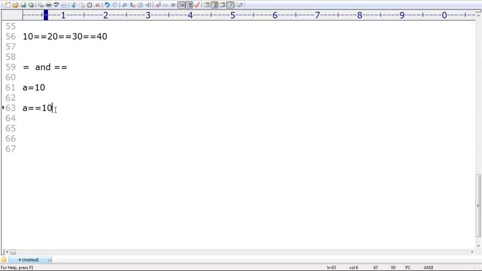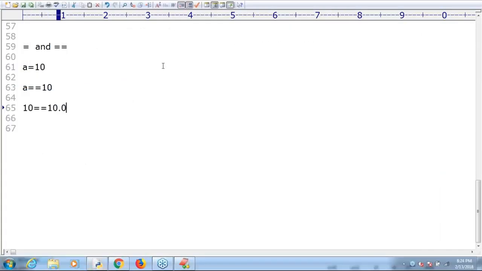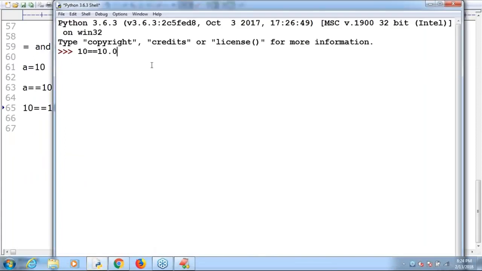Okay, that's all. Next, some people are asking, sir, now my question is, 10 double equal to 10.0, both are same or not? What answer can you tell? Sir, can you please tell what is the output by default you are going to get? Observe that, true.